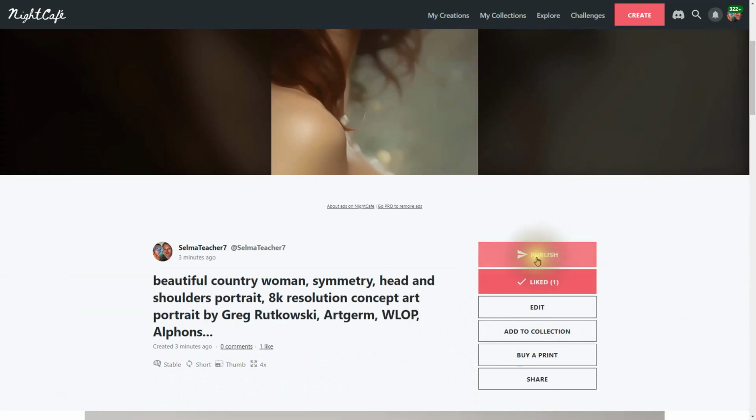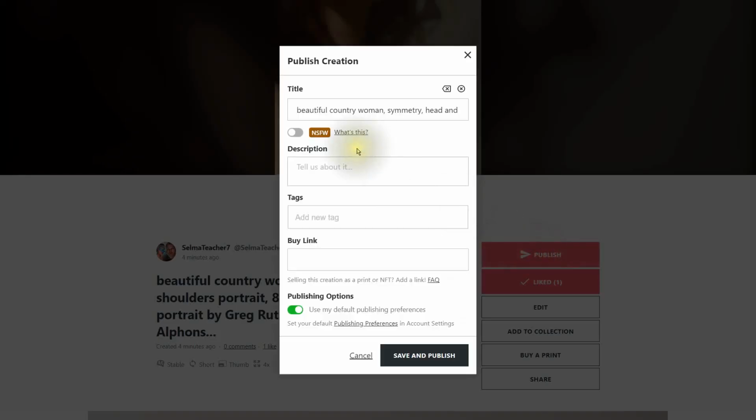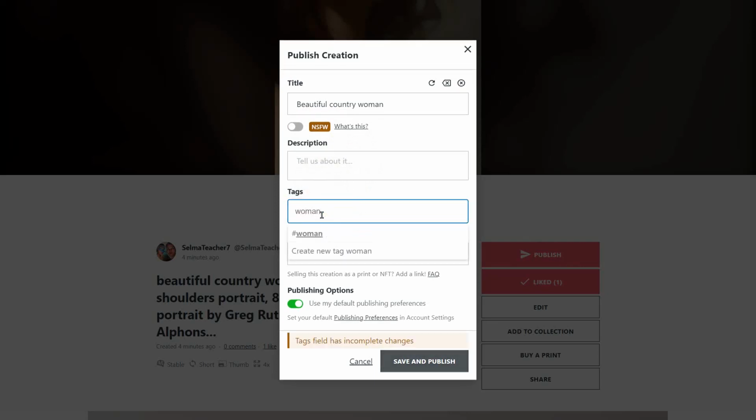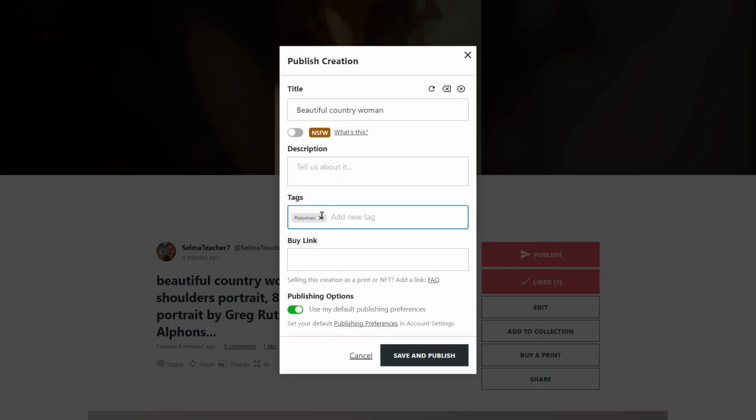And if you want to publish this, you click on publish, and then you can change the title to be what you want there. You can put a description in there if you wanted to, put a tag in there. So this is a woman, so that's the tag, right? And on here you could change your publishing options.